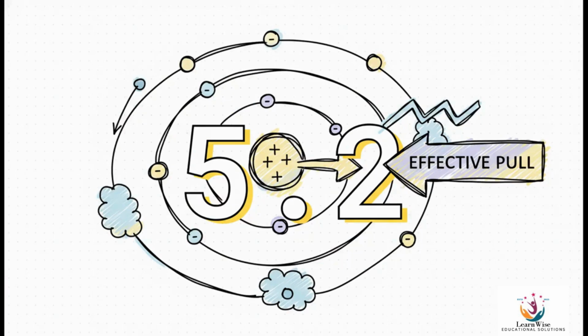So why does all of this matter? What's the payoff? Well, because this detailed structure lets us calculate real things. Fluorine has 9 protons in its nucleus, but its outer electrons don't feel that full positive charge. Why not? Because the inner electrons create a kind of shielding effect, and using this model, we can calculate that the effective pull on one of those outer electrons is 5.2. This is the predictive power of quantum mechanics.